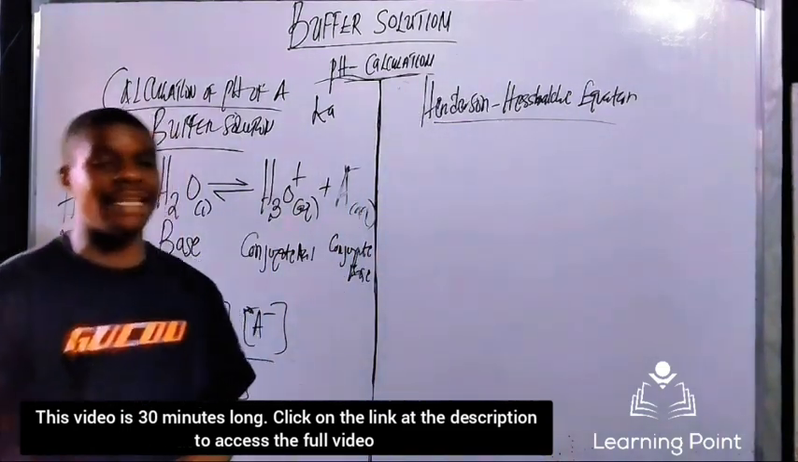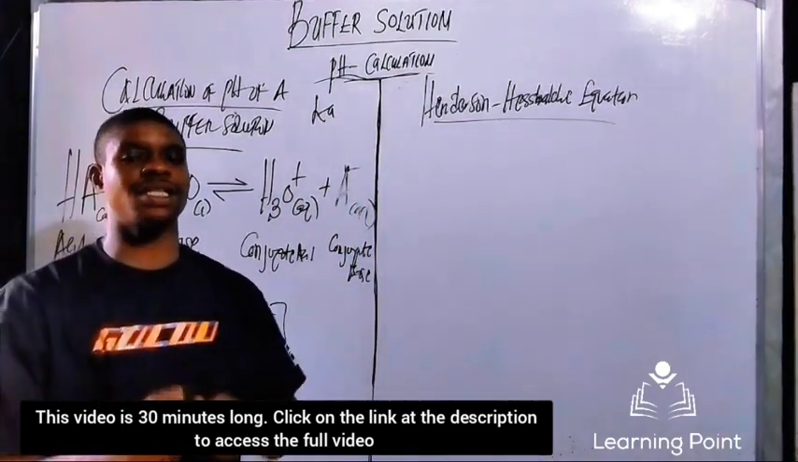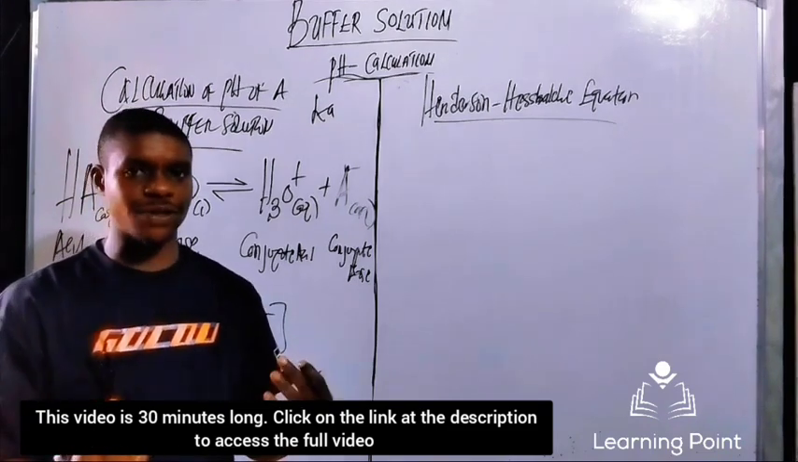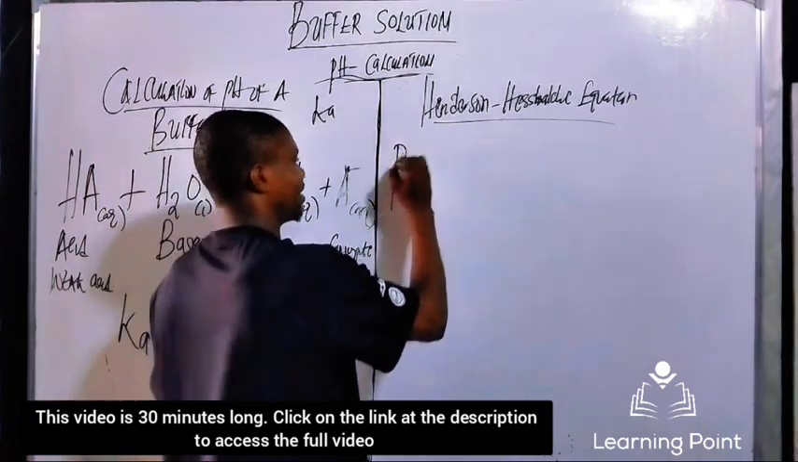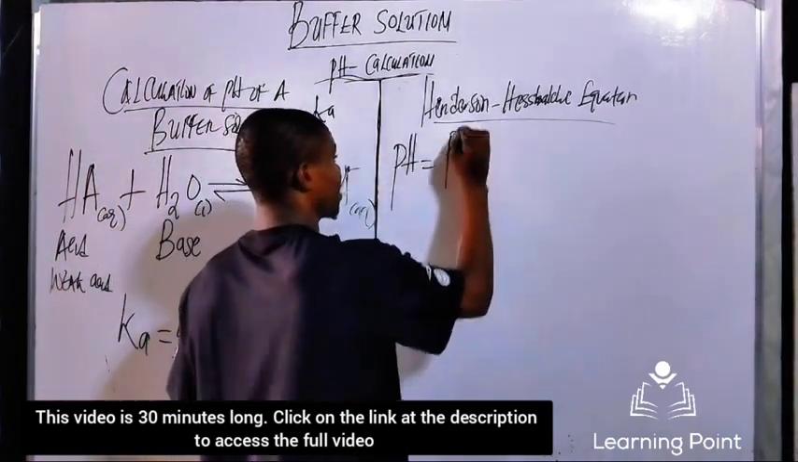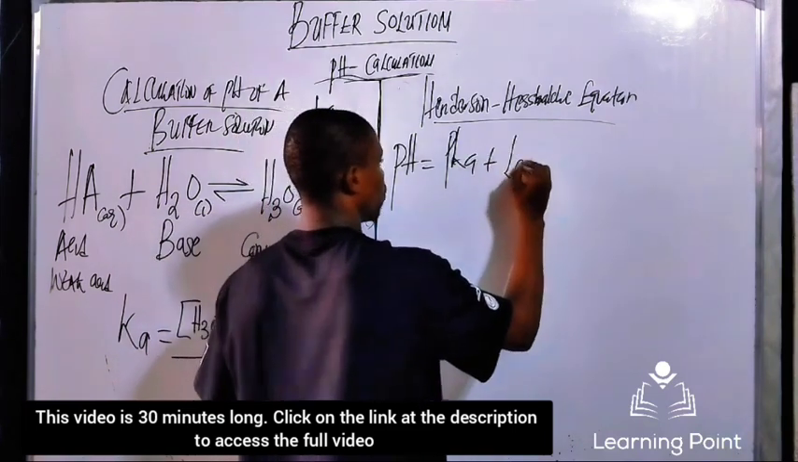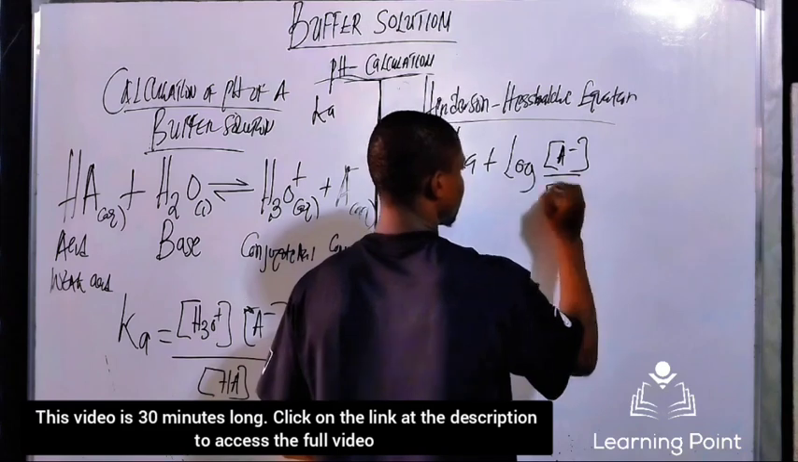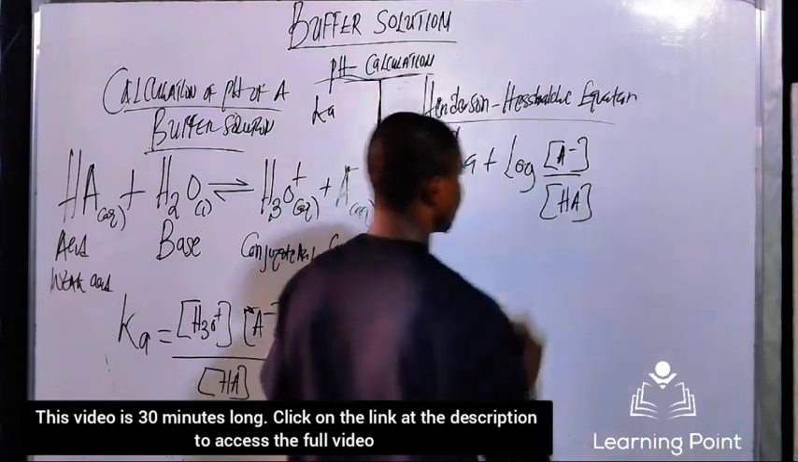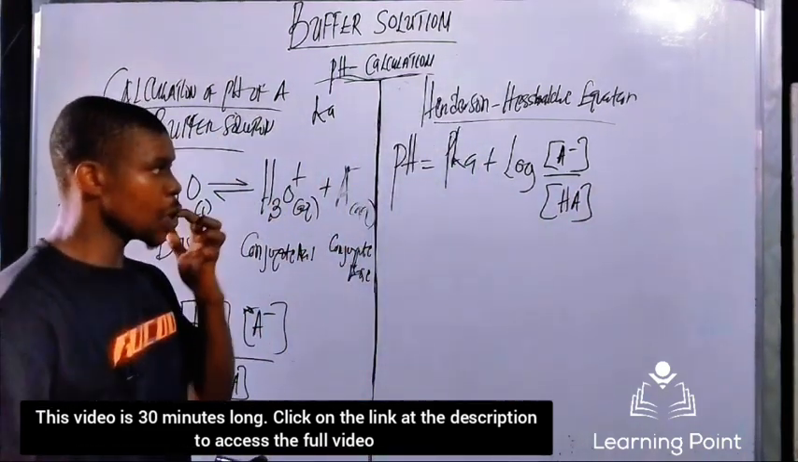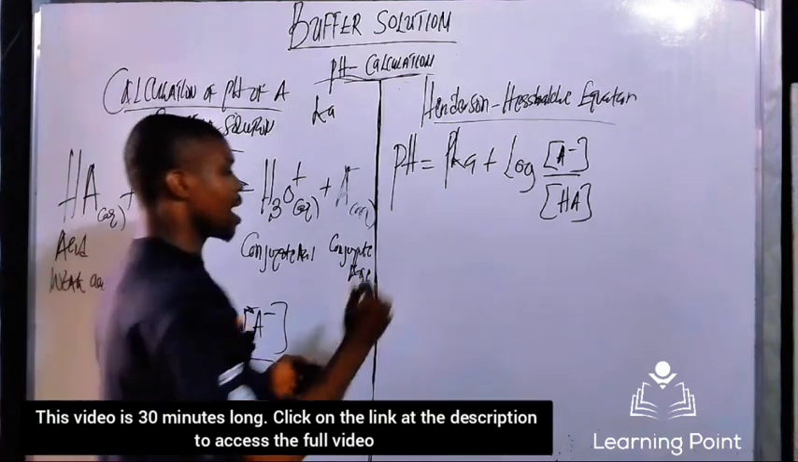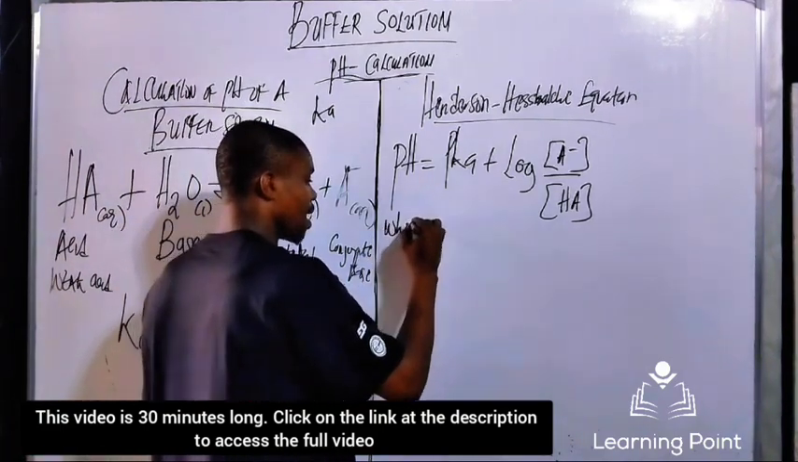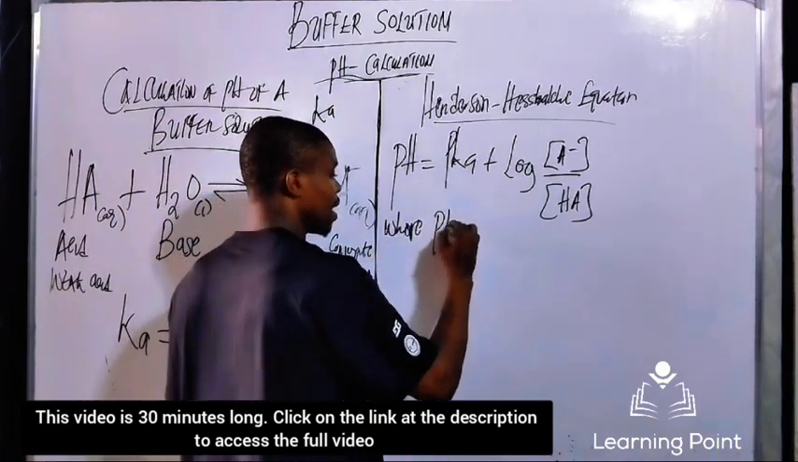The Henderson-Hasselbalch equation is used to calculate the pH of a buffer solution, where pH is equal to pKa plus log of the concentration of A minus over HA. So this is the pH here, where pKa is equal to minus